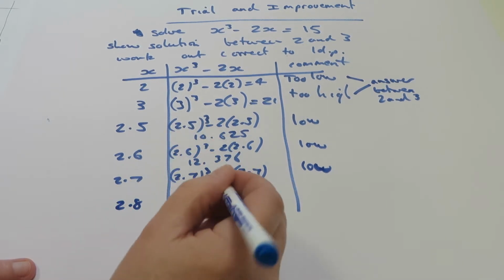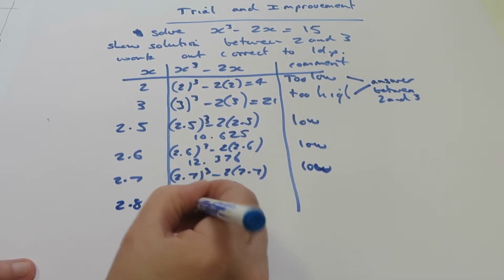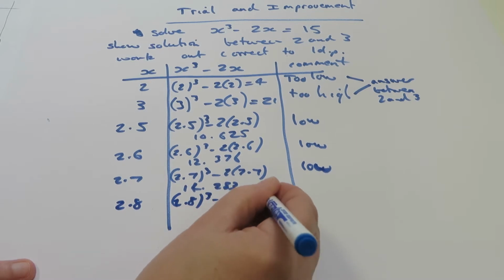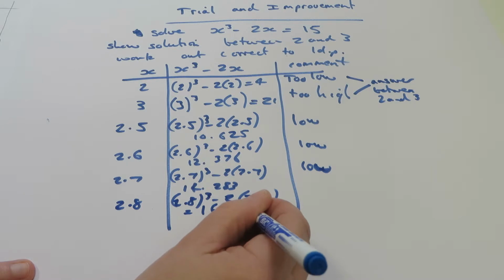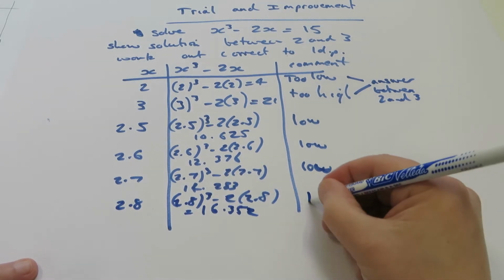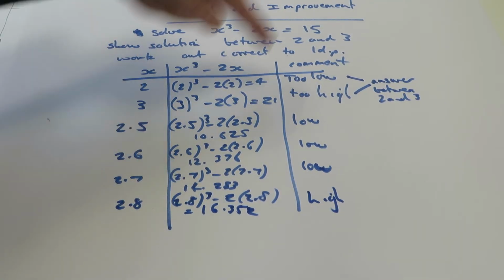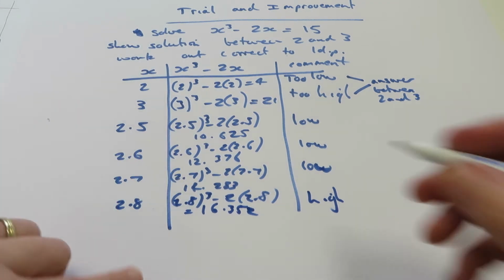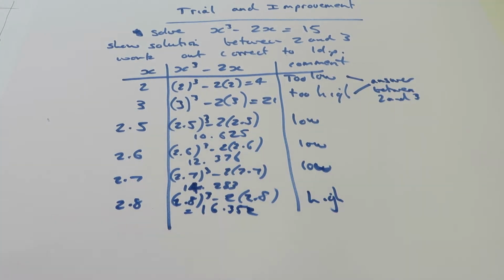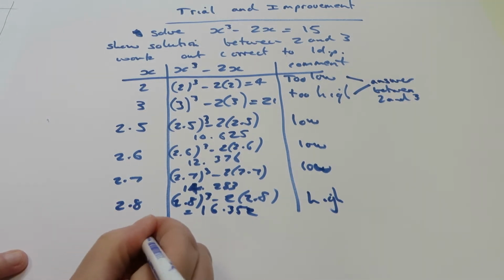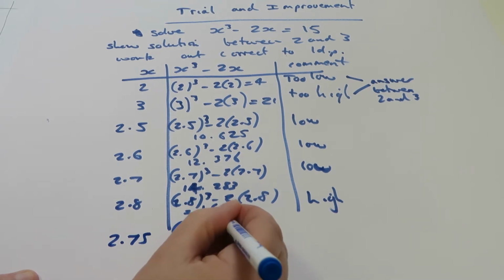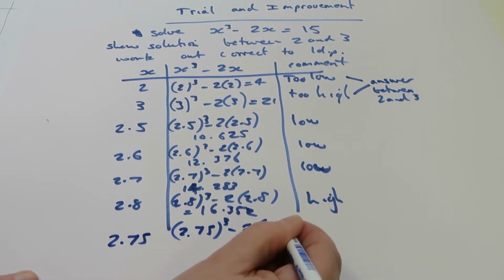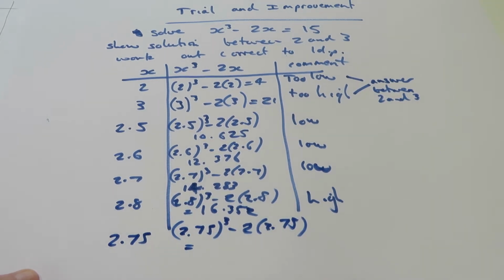So let's have a look at 2.8. 2.8 cubed minus 2 lots of 2.8 will give us 16.352. And that is too high, but now we've got a value which is below 15 at 14.283 and a value which is above 15 at 16.352. Now the general method to work out which is closer is go right in the middle of the two. So we do 2.75 cubed minus 2 lots of 2.75, and that gives us the answer of